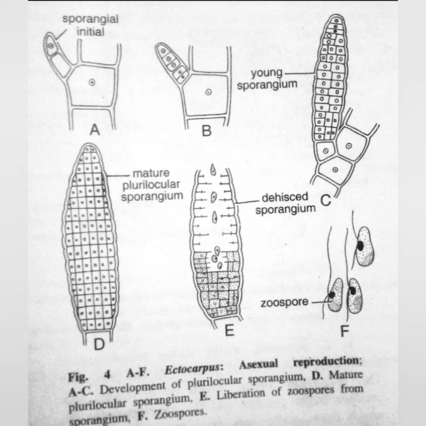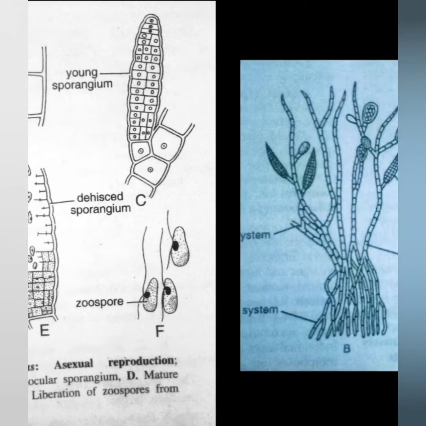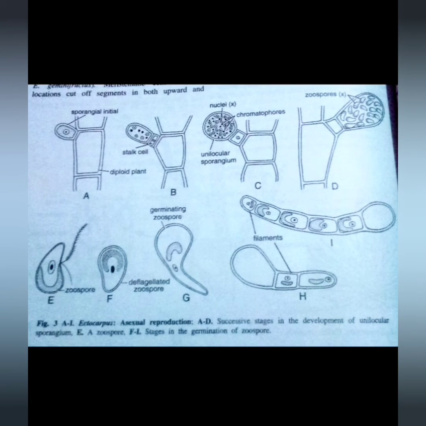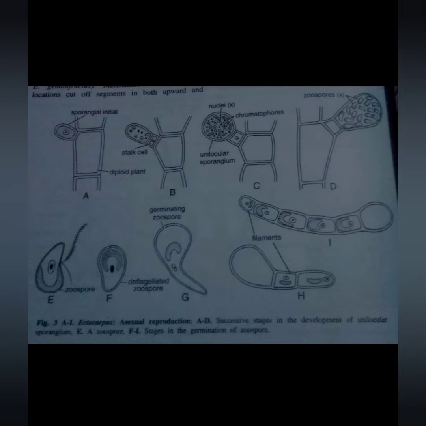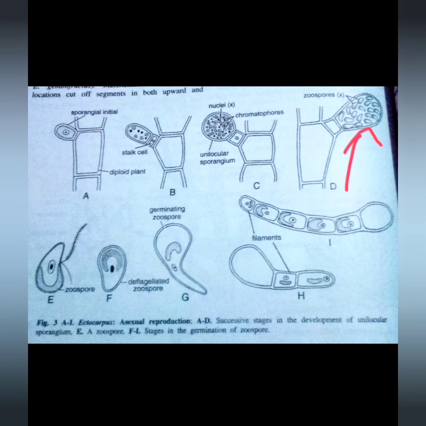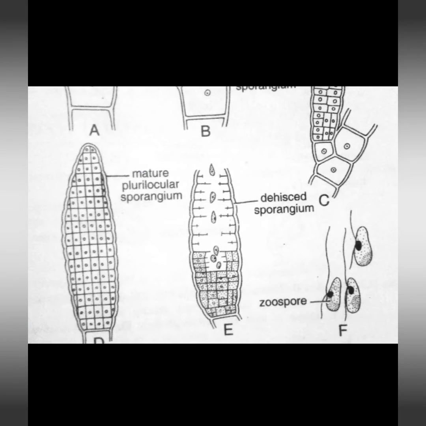So unlike unilocular sporangia, we see here that the nuclei develop. The diploid nucleus divides meiotically and mitotically, but the nuclear divisions are not accompanied by wall formation. So that is why it is unilocular. It remains in a single chamber here. Alright, but the difference in plurilocular